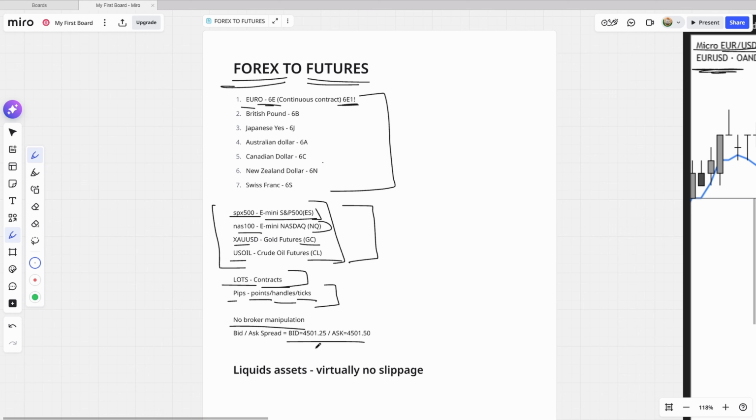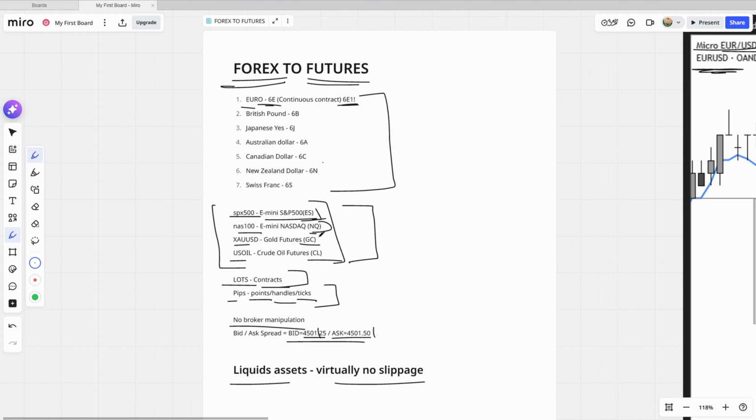That's it. For example, if ES is trading with a bid at 4,125.25 and an ask at 4,125.50, and you hit buy market, you will get filled at the ask. The spread is simply the difference between the bid and the ask. It's usually very tight in liquid contracts like ES and NQ. There isn't a wide variable broker spread the way you often see in Forex CFDs.